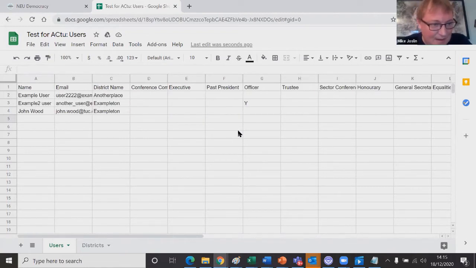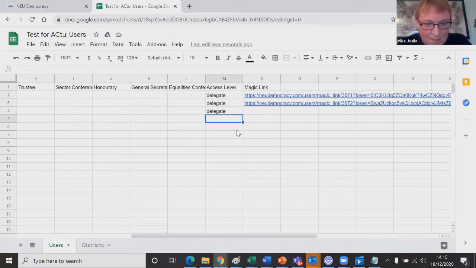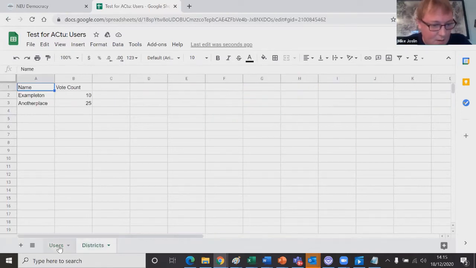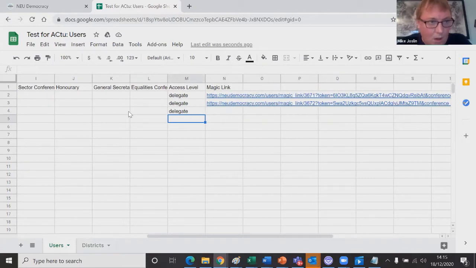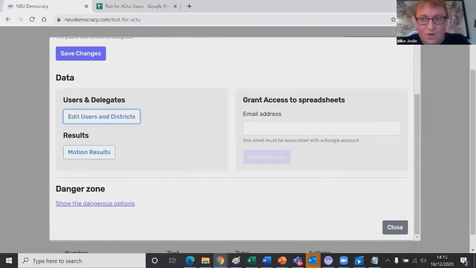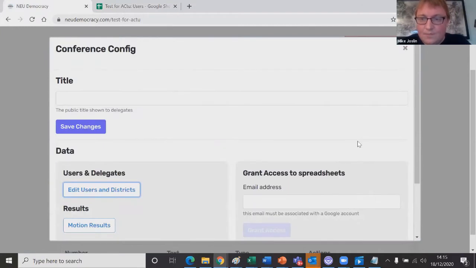It is a bit fiddly, so you need to make sure that everything is typed in correctly. Right. Well, I'll come back to that in a minute, and hopefully it will have generated by then. Sometimes it takes a few seconds to do that. So here you can edit the users and districts, and you can see the motion results. So if I just close this,